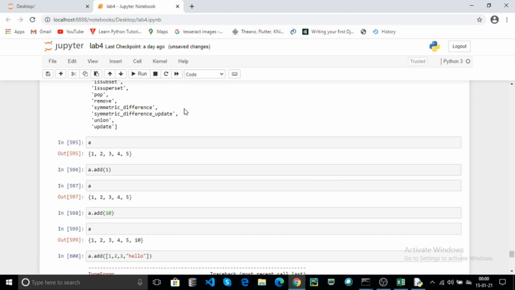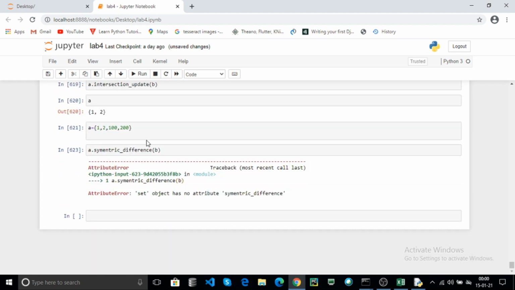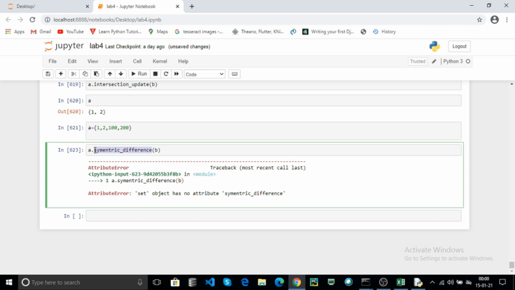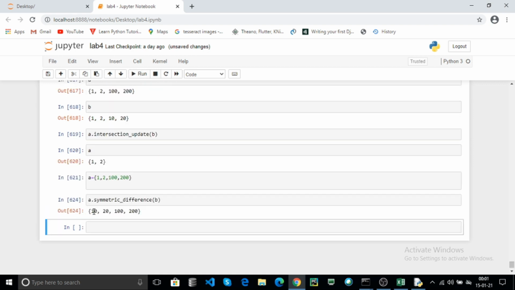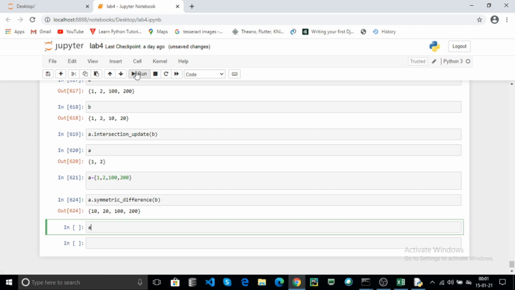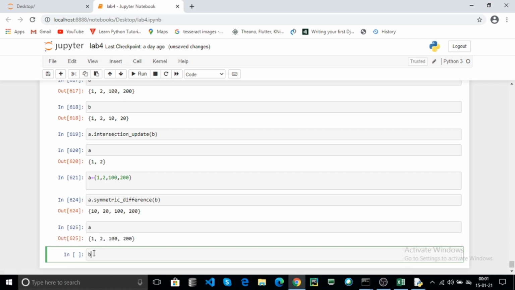Here use the method symmetric difference and click on the run. Here it returns both sets. For example, printing set A and set B.